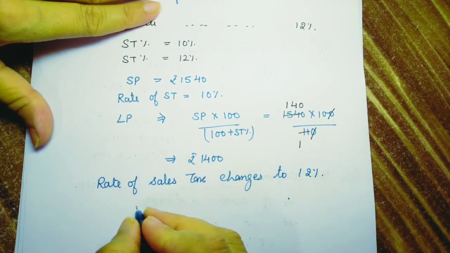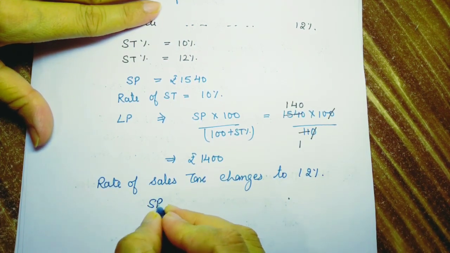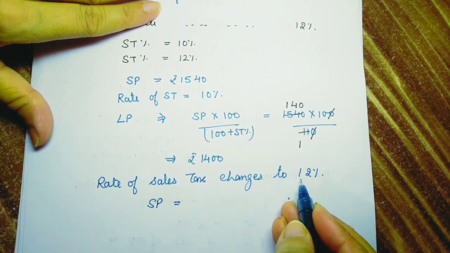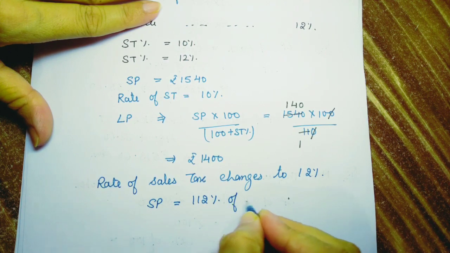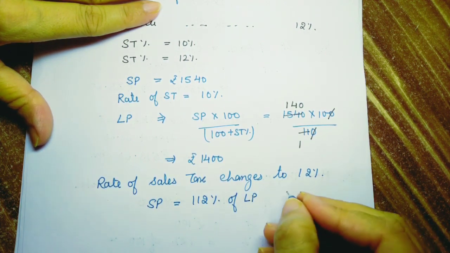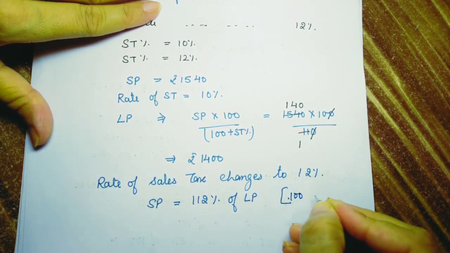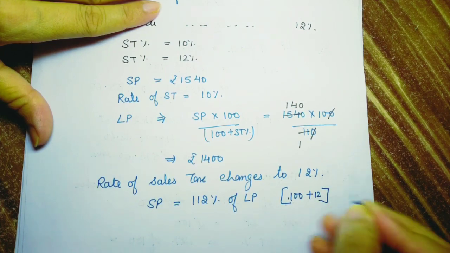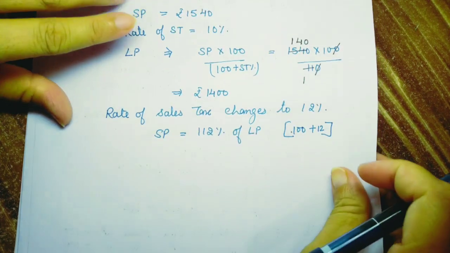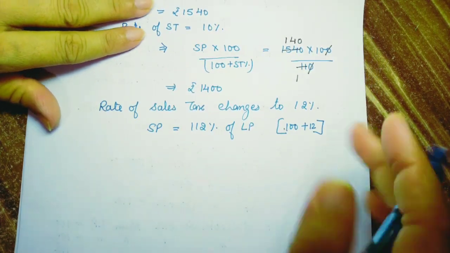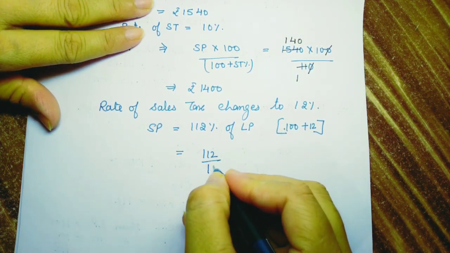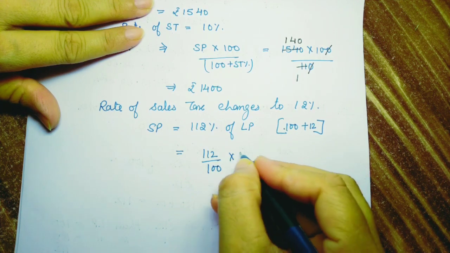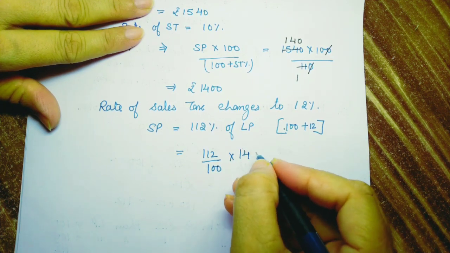So now the SP is 100 plus 12, 112. So 112% of list price. How do we get this 112%? Because 100 plus 12 is 112%. So 112% of list price means 112 divided by 100 and multiplied by the list price, that is 1,400,